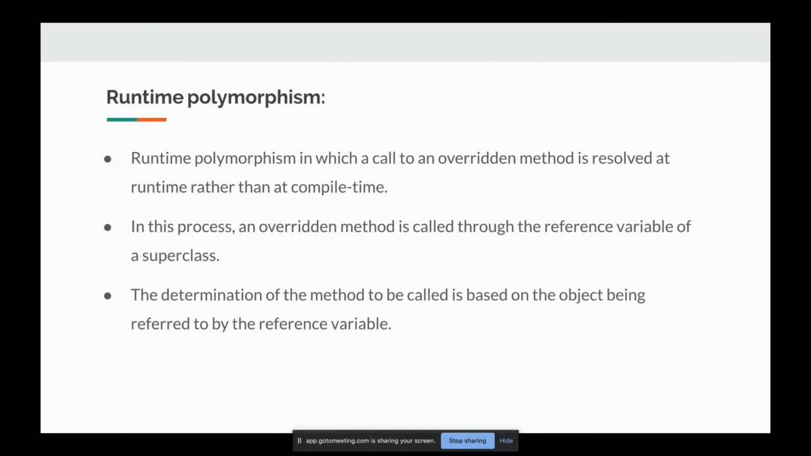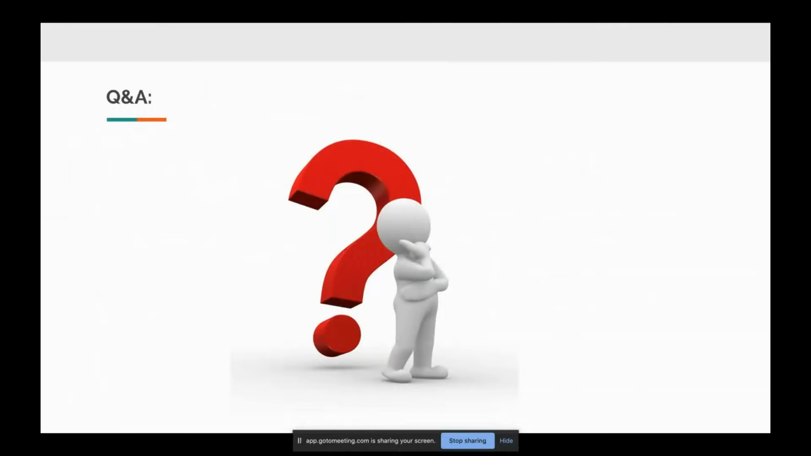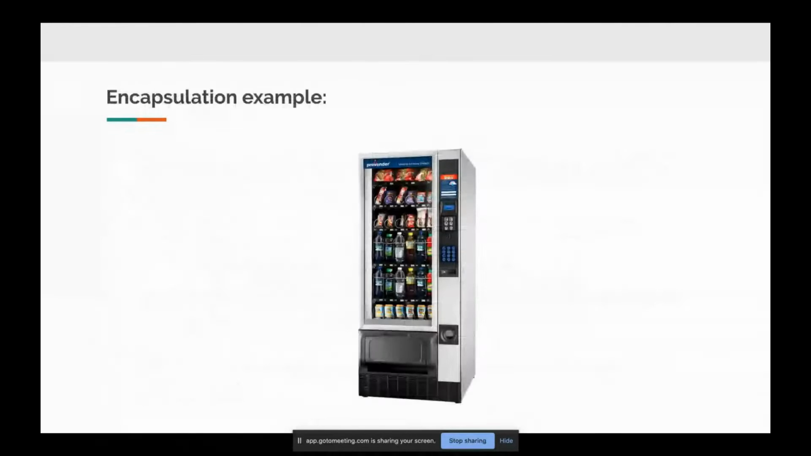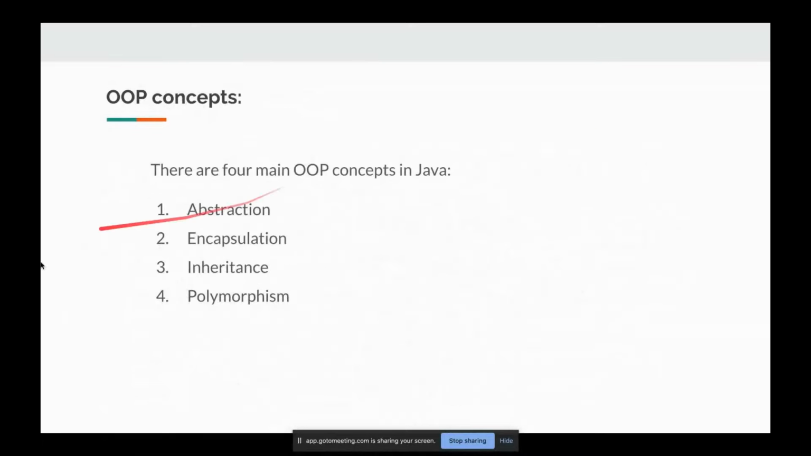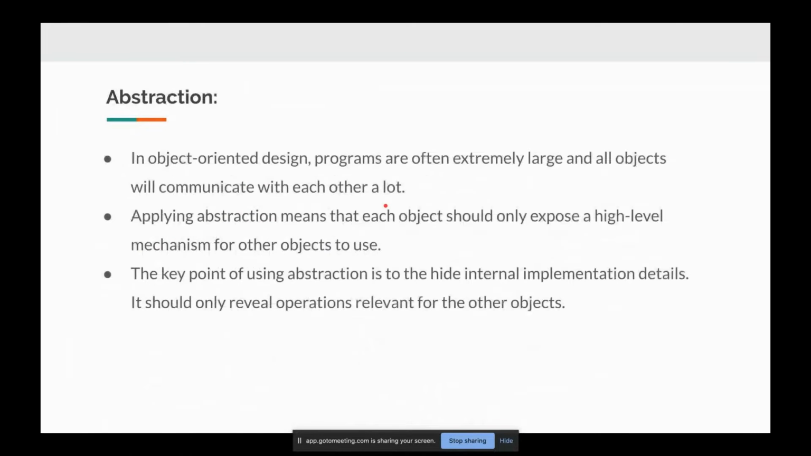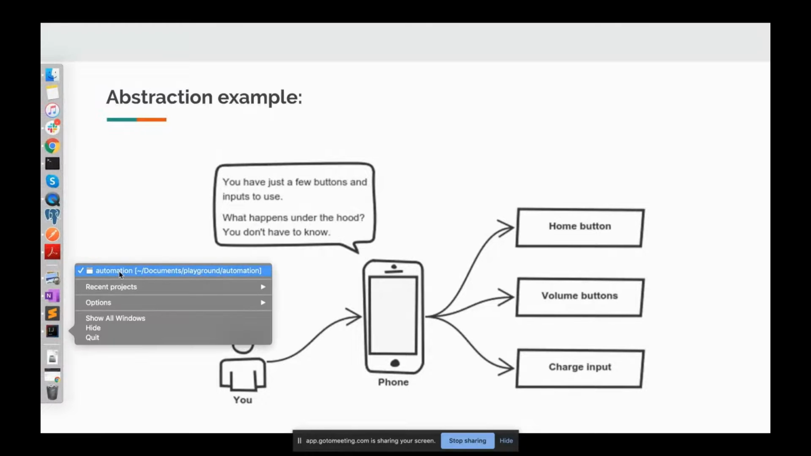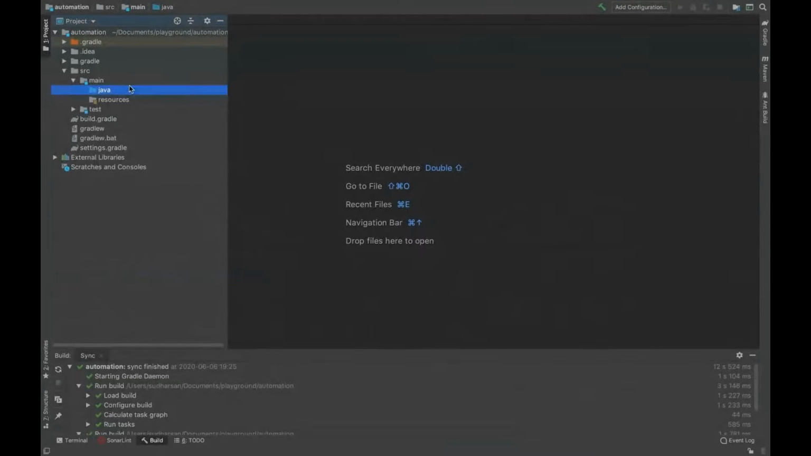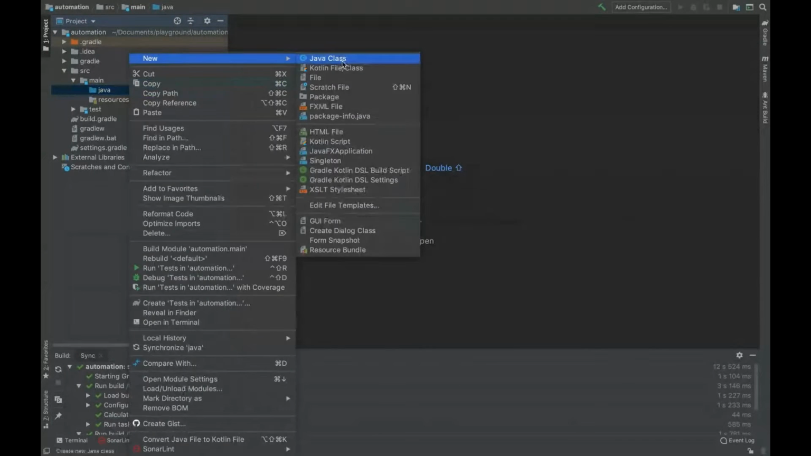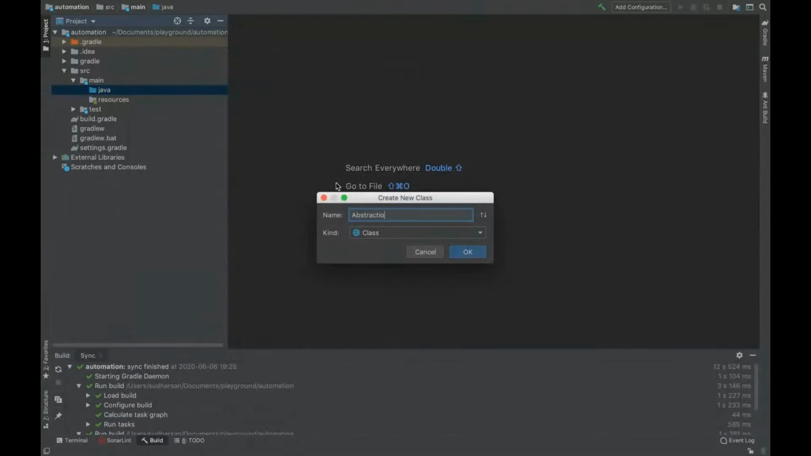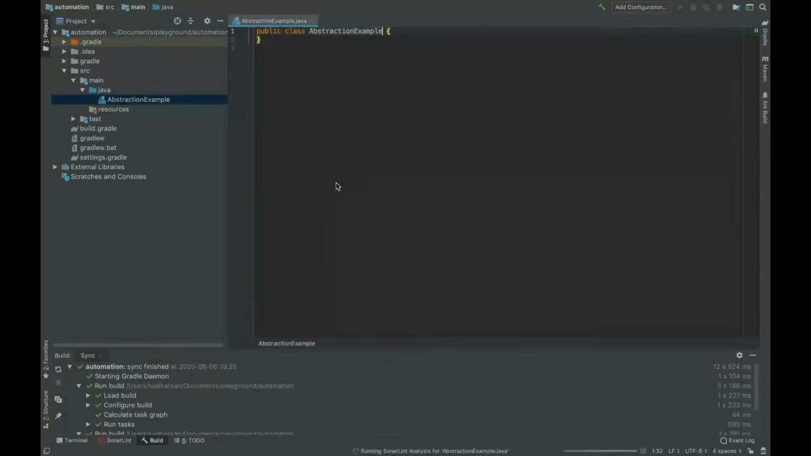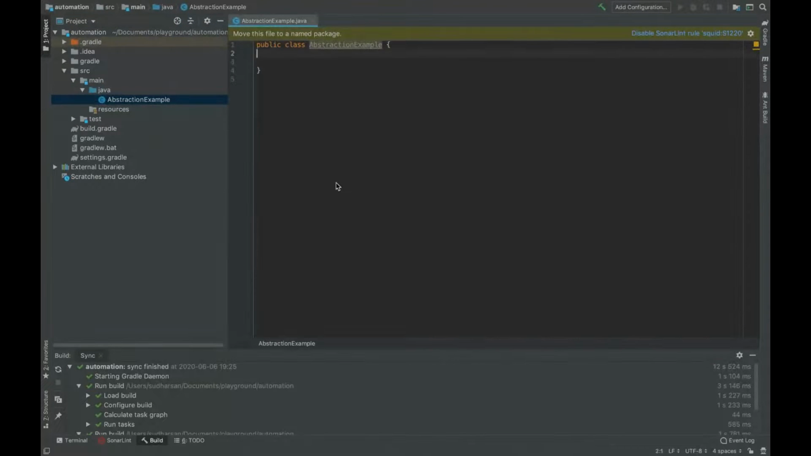Okay. So Sudarshan, can you share some code examples also so that people will understand better? Yeah, I will start from the first. So let's start from abstraction actually. So let's first create a class called abstraction. Okay, let's go with